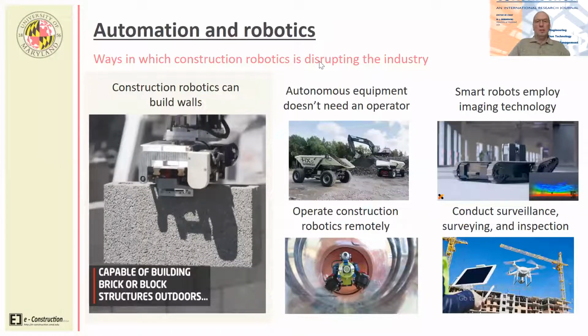All right, so I'm quickly running out of time, so I just want to show a few examples of automation and robotics, which is one of the closest areas to my heart. The ways in which construction robotics are disrupting the industry and supply chains. So, for example, masonry wall building using construction robotics, autonomous equipment that doesn't need an operator, saving on operator cost, smart robots that employ imaging technology for delivery of materials and tools, and a couple of other choices: surveillance, surveying,